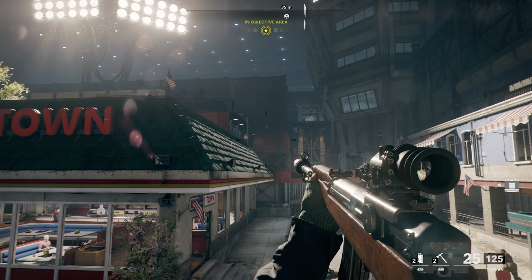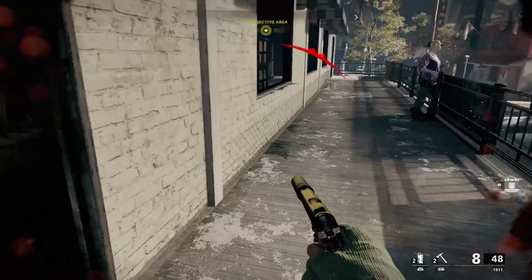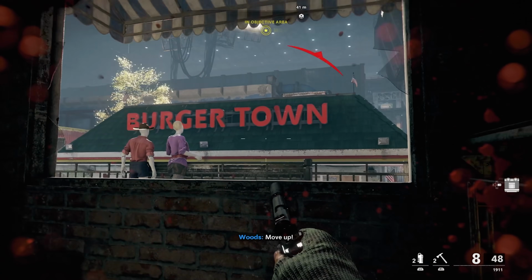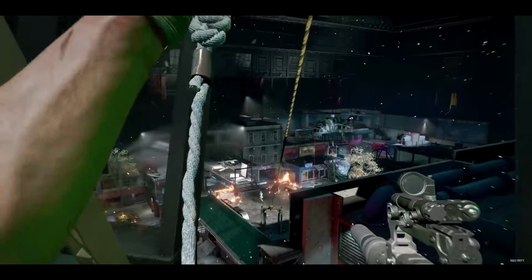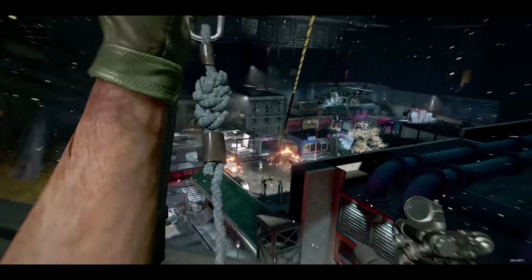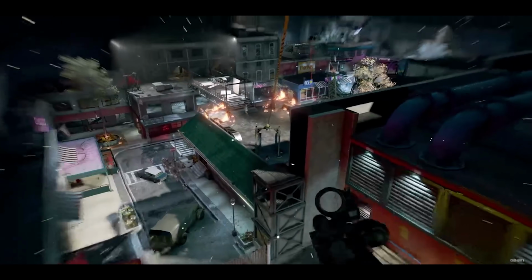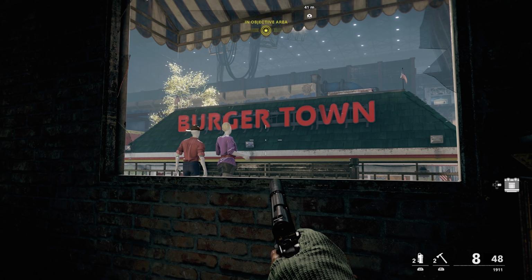Now, one interesting thing is, from the trailer itself, we can actually see a character ziplining. If I won't freaking die, they just won't stop firing. Oh my god, stop! But a character seems to zipline from either over there or over there, all the way on top of the Burger Town location. And there even seems to be a walkway across here, which we clearly do not have in the actual campaign